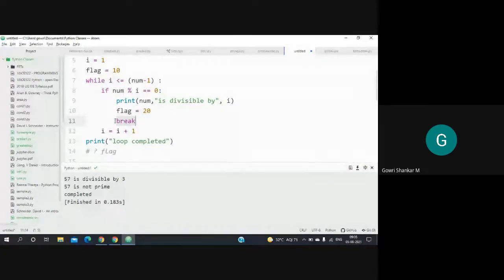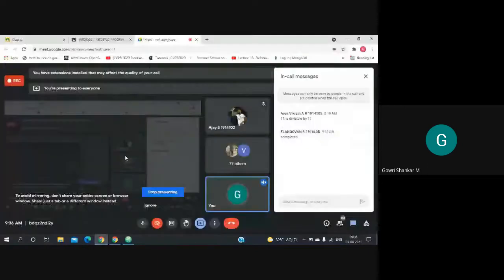Okay, and then it will come out of this while loop, right? Now, when it is coming out of the while loop because of this break, what will be the flag value? Suppose the number is prime, then it will not go inside this if condition. As a result, it will continue to the last iteration of this while, and the test condition will become false at some point, and we come out of this while loop because the test condition has failed. So if the test condition has failed and we have come out of the while loop, what will be the flag value? If we are coming from break, what will be the flag value? You can type it in the chat box also.